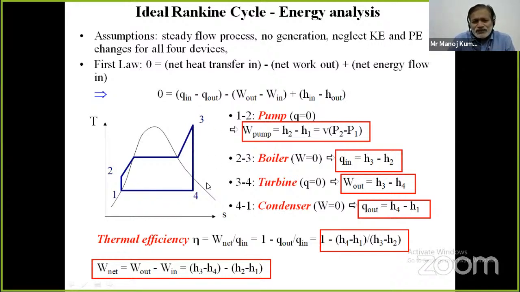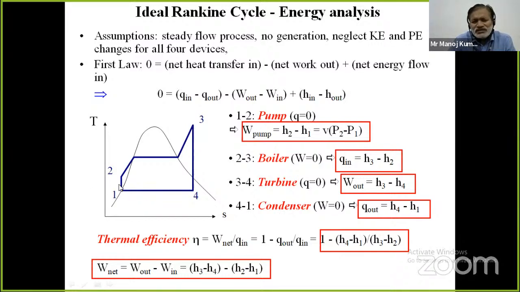So once we find enthalpy H3, enthalpy H1 is also very easy to find. What is state 1? State 1 is always saturated liquid at condenser pressure. So we can easily find the enthalpy H1 by looking at the saturation table at condenser pressure. So this is always HF. H1 will always be HF at condenser pressure. One more thing, since condenser pressure is very low, the volume of saturated liquid will be very low, 0.00101, like this. And the volume of saturated vapor is quite high. Therefore, we can